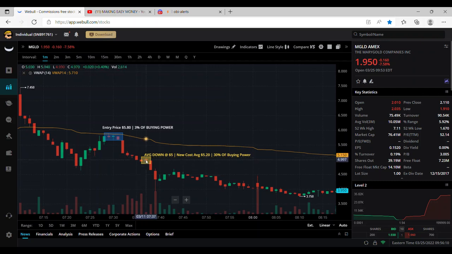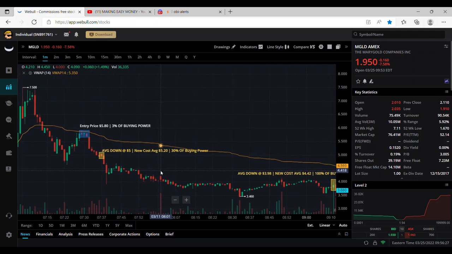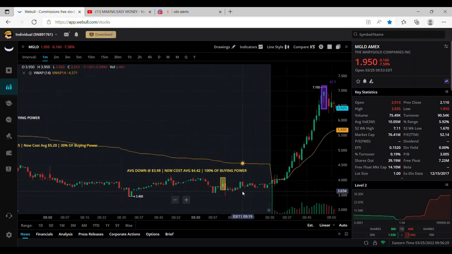Okay, so the reason why I bought at this price, guys, is because we did see some stagnant trading and I was anticipating a breakout here, but no, it didn't happen. The large scale orders triggered for the outflow, which dropped the price again. I now have a $5.20 cost average. So the next step, guys, here,